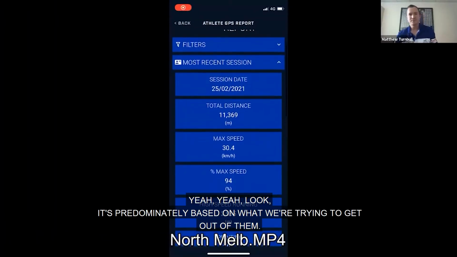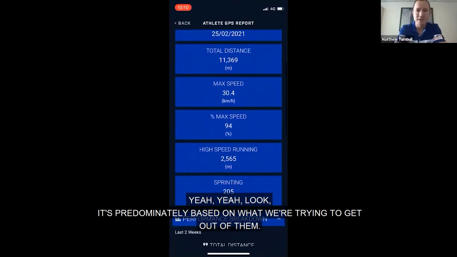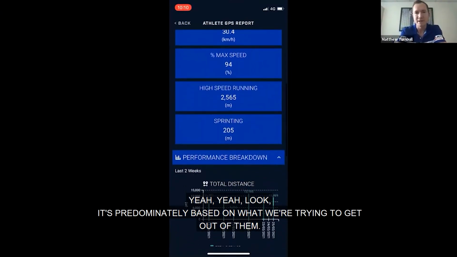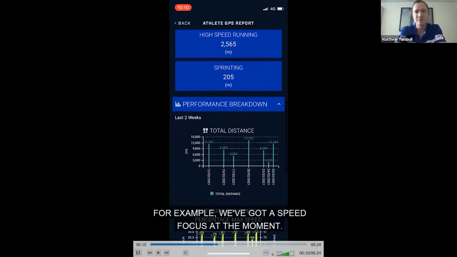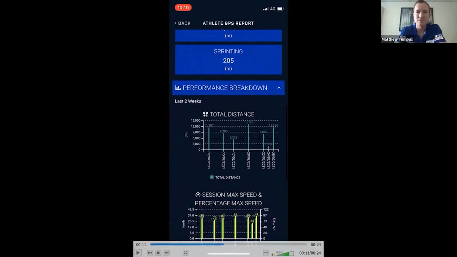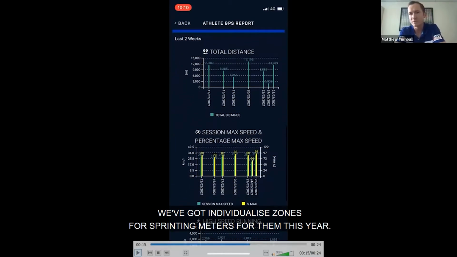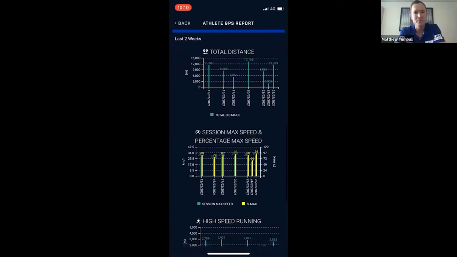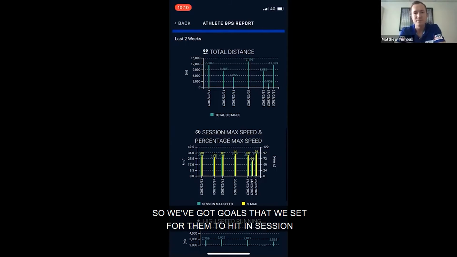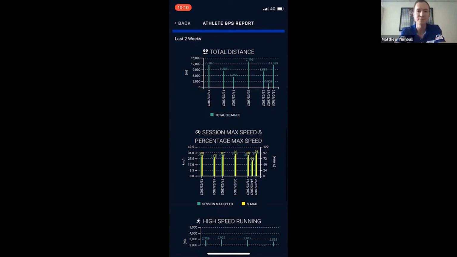Yeah. Look, it's predominantly based on what we're trying to get out of them. For example, we've got a speed focus at the moment. We've got individualized zones for sprinting meters for them this year, and so the percentages that they see are based on their individual zone, and so we've got goals that we set for them to hit in session, both from an injury prevention point of view